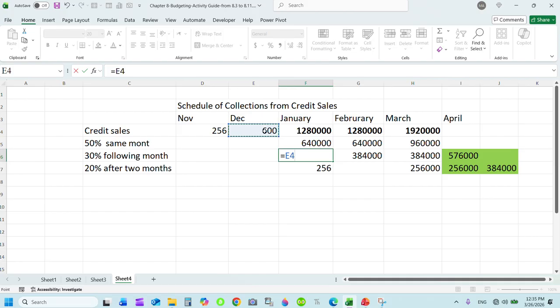This represents 600,000, this represents now 50%. Why? December month sales volume. Already in December month we could have collected 50%. So this represents the balance 50%. So out of the balance 50%,